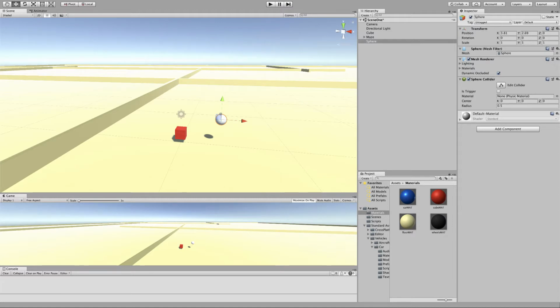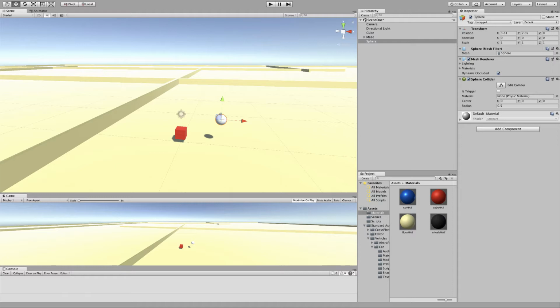Okay, so the first thing we need to do is we need our sphere to actually have a rigid body on it. This is because we want it to adhere to physics. So when the game starts, we want it to sort of fall to the ground. When the person is playing with it, if they get a bit of speed up, we want the ball to have some momentum and sort of continue rolling or slow down when the person tries to stop rather than stopping